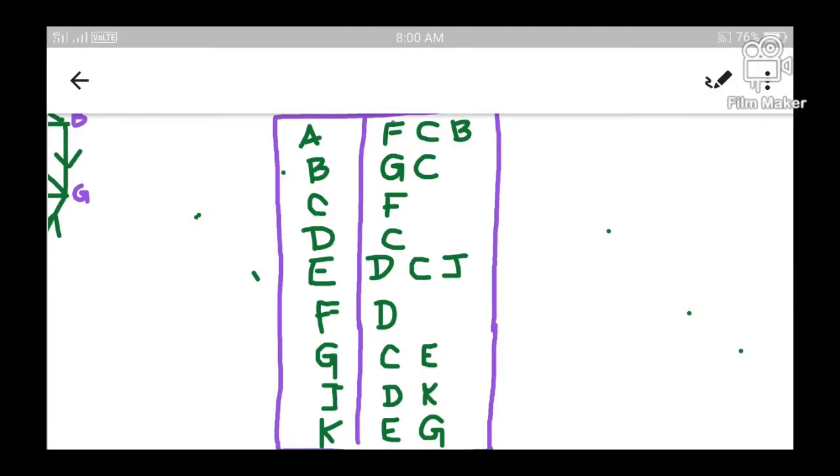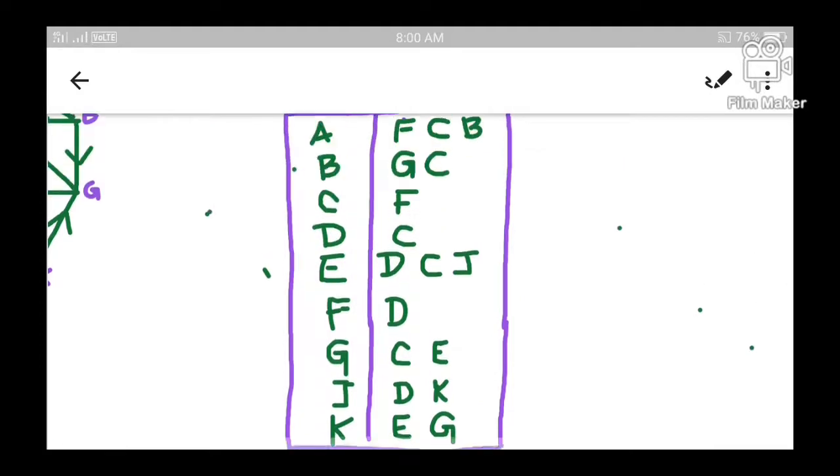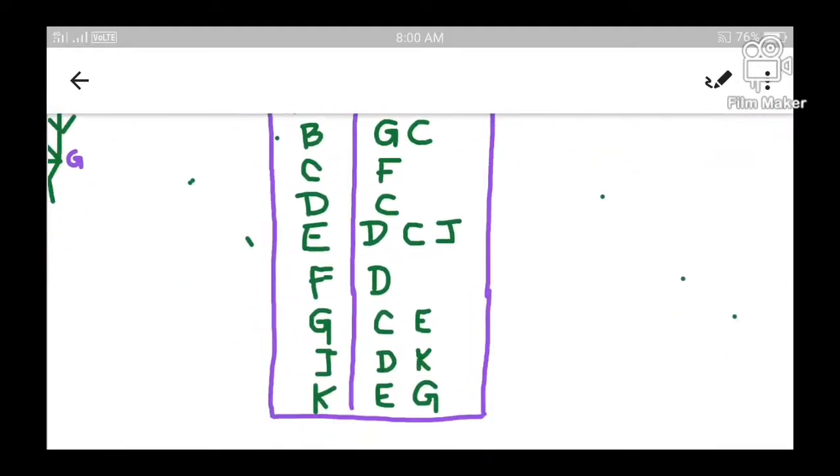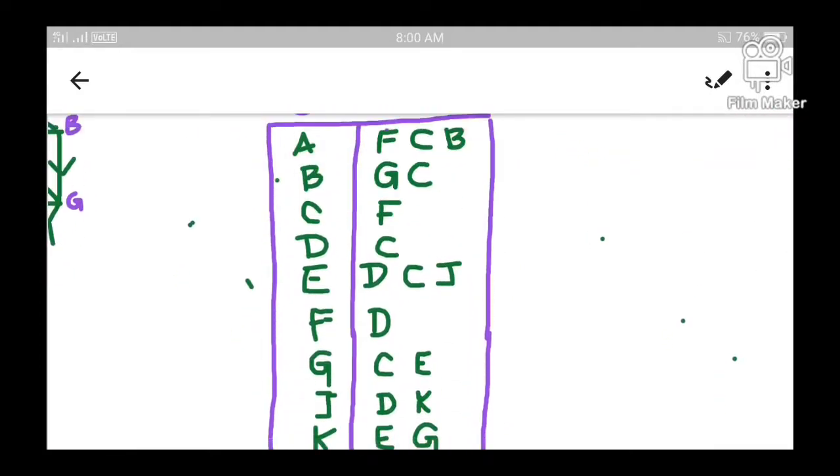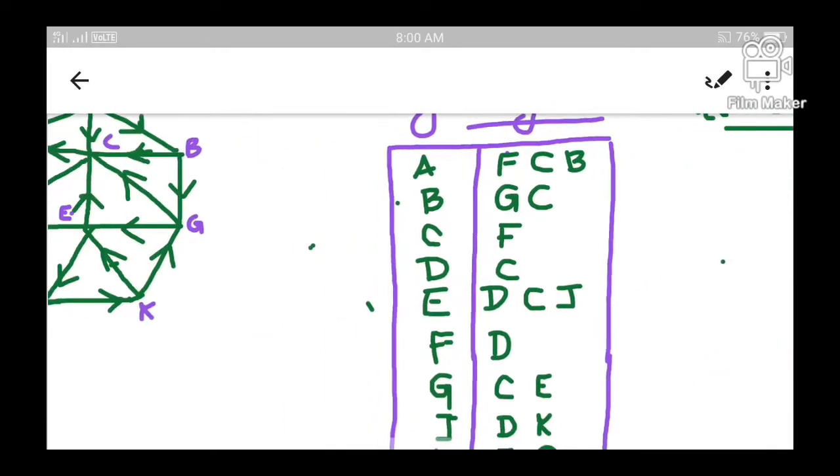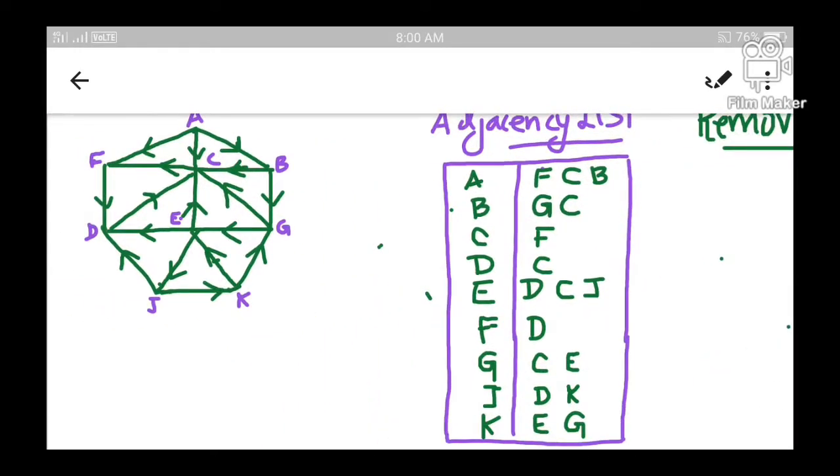So as I said, in our graph there are 9 different nodes. You have to take each node one by one, and for each node you have to identify the adjacent nodes. After preparing a list of all those 9 nodes, now we are clear which node is adjacent to which node. With these 2 inputs, that means with the graph as an input and the adjacency list as an input, we are going to use the stack data structure in this algorithm to implement DFS.